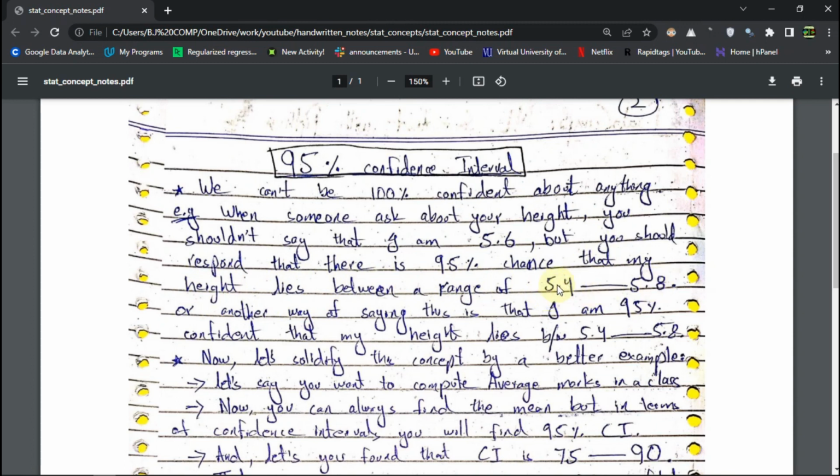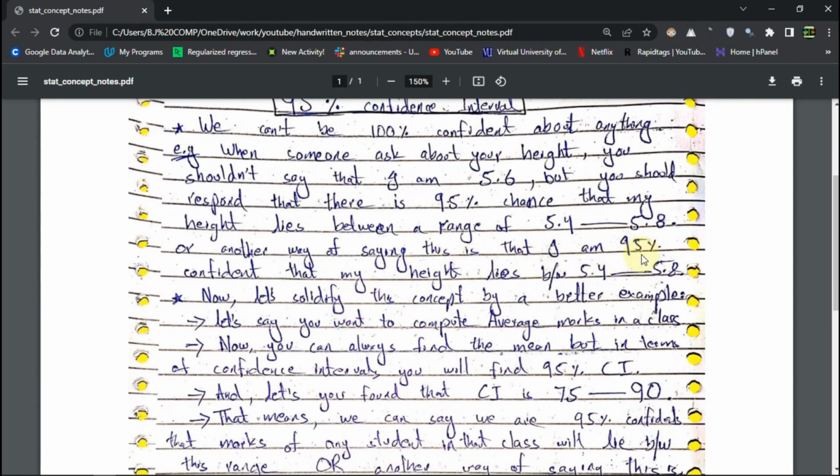range of 5.4 and 5.5, if it's 5.6, right? So this is the right way to talk about something in stats or mathematics. Or we can grasp this concept in another way: I am 95% confident, in the case of a 95% confidence interval, that my height lies between 5.4 and 5.8. So this is the concept, and now let's